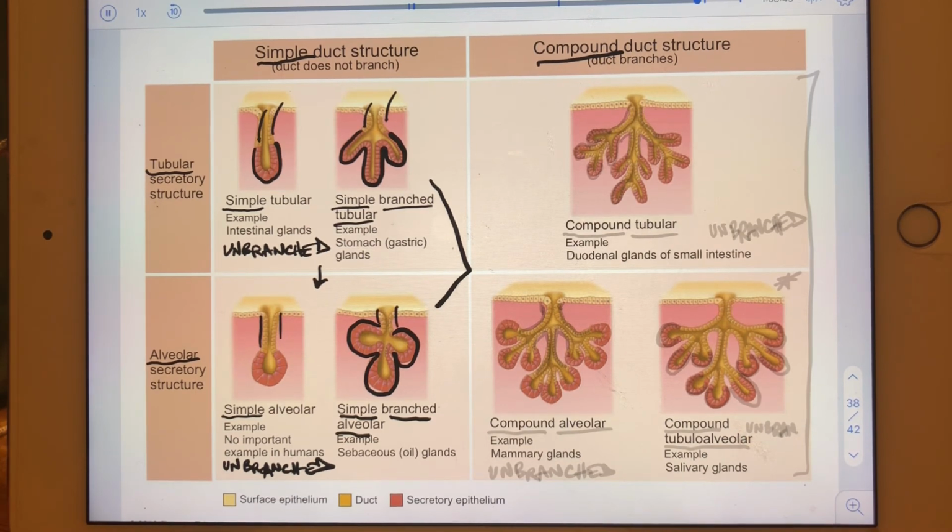Okay? Whereas if we look at the right-hand side of the slide, okay, yellow, if we trace the yellow through, yellow does branch. It's the red that doesn't. Red, separate red, separate red, separate red, separate red, okay? So in this case, this would be a compound, meaning the duct does branch, okay? Compound, unbranched, meaning the secretory unit is unbranched, tubular gland. Here, again, yellow branches, but I can't say branched because branched describes secretory units. So this is a compound, unbranched